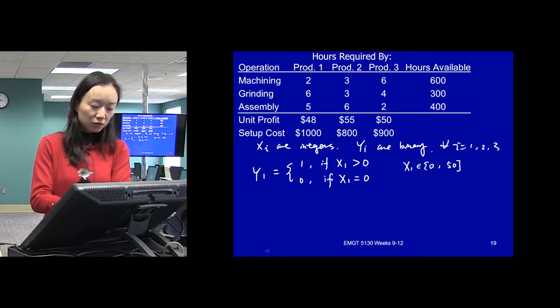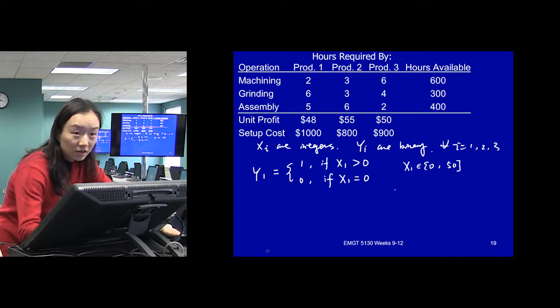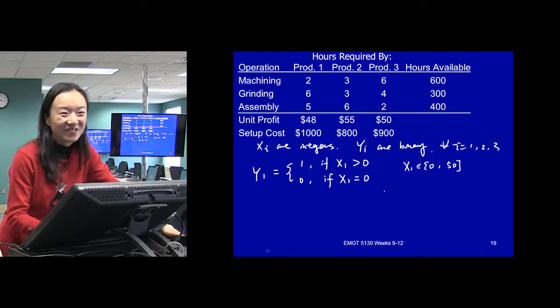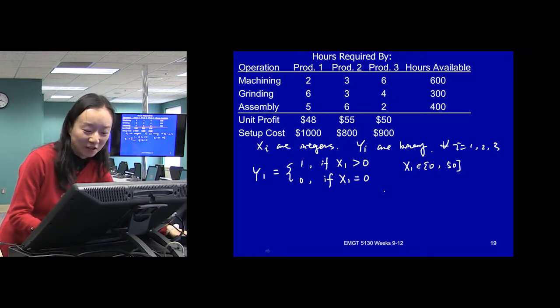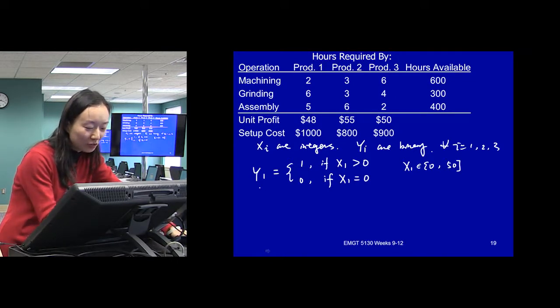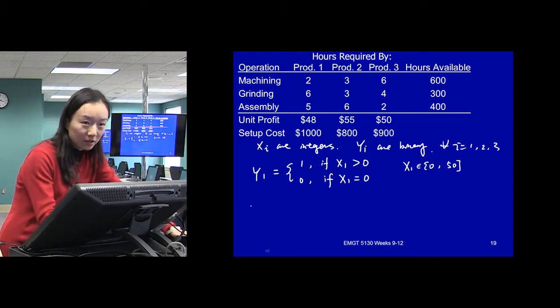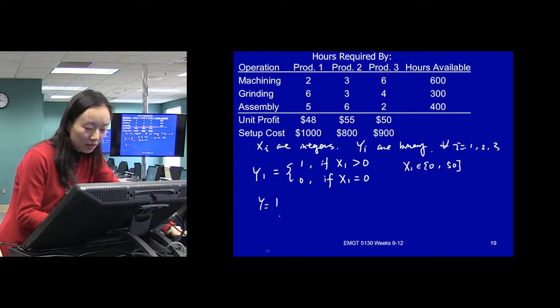And to achieve this relationship, can you do an if statement? No, that's why we said we need to use binary. We cannot do an if statement. What we're trying to do is to change this if statement into a constraint using the binary variable. Think about it. When y equals 1, x has to be greater than 0.